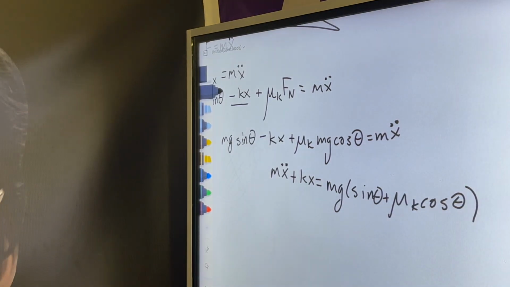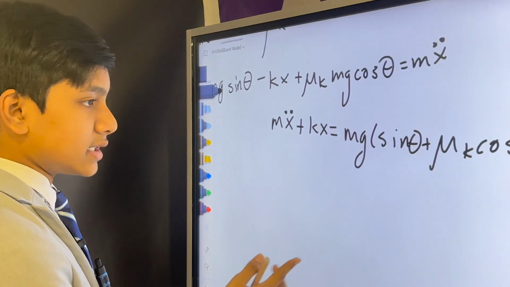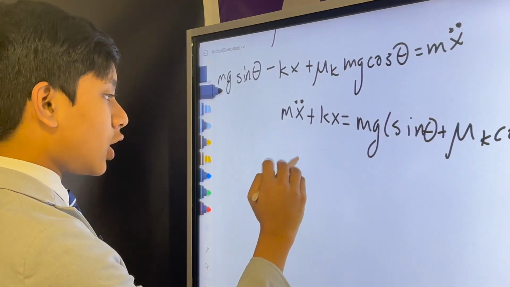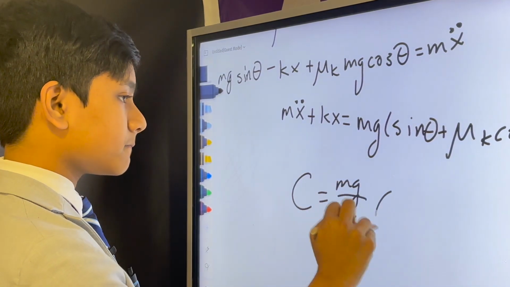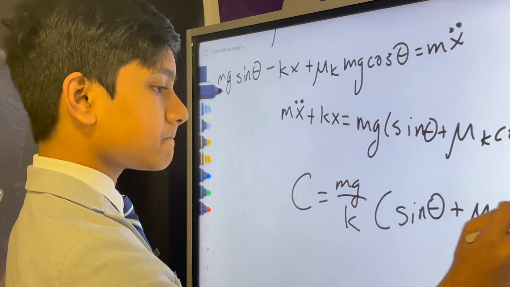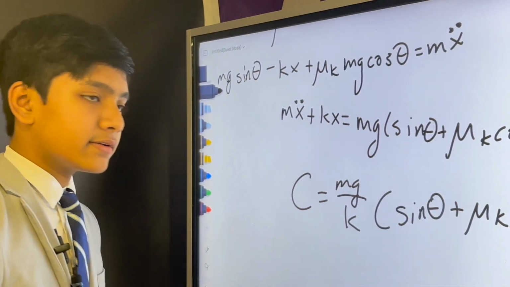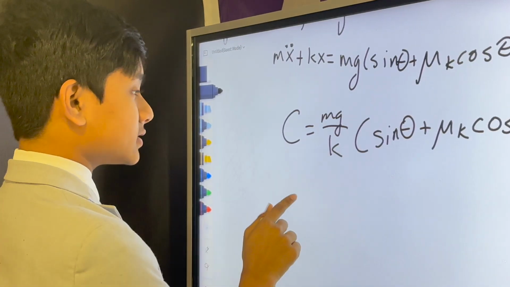So this is what it gives us in the end. And of course, we can solve by just taking the constant solution, and of course the non-constant solution, which is just going to be